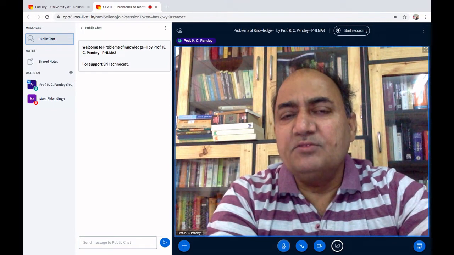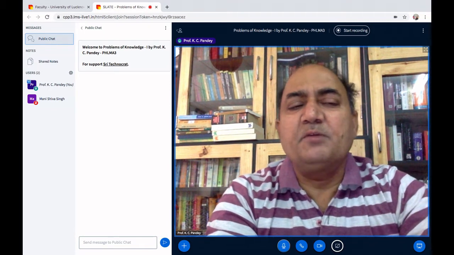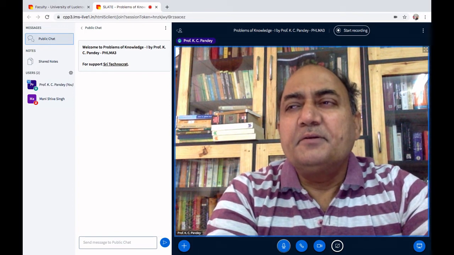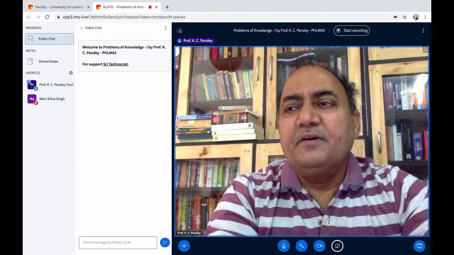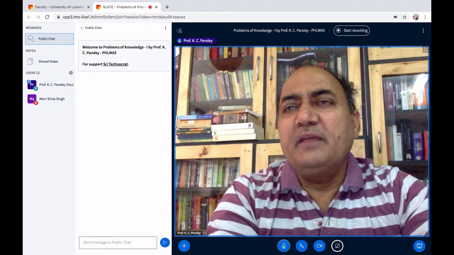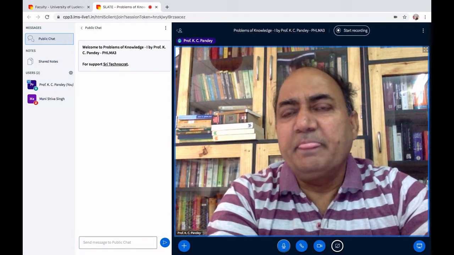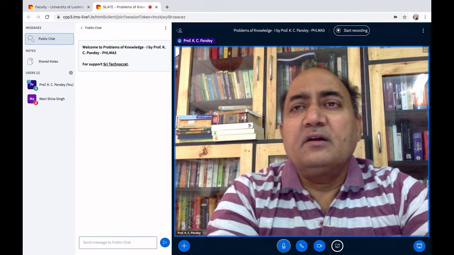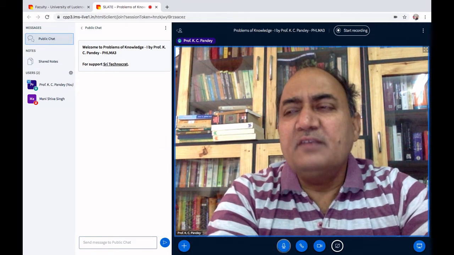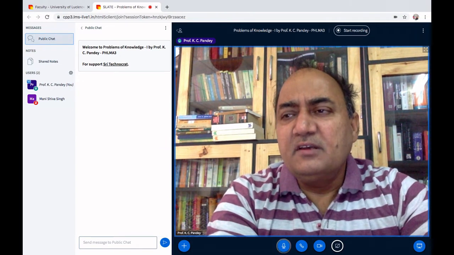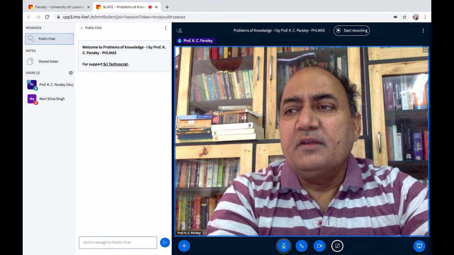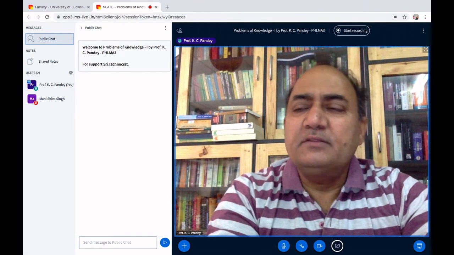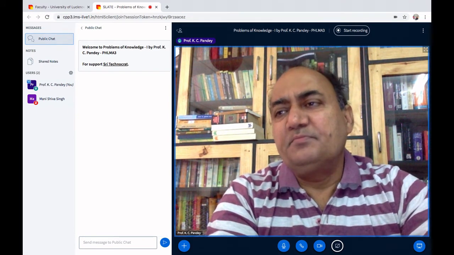But now this is the problem. Basically, even if Smith is claiming that he has knowledge that the person who will get the job has 10 coins in his pocket, basically this proposition is not a proposition of knowledge, because it happens that not Jones but Smith gets the job